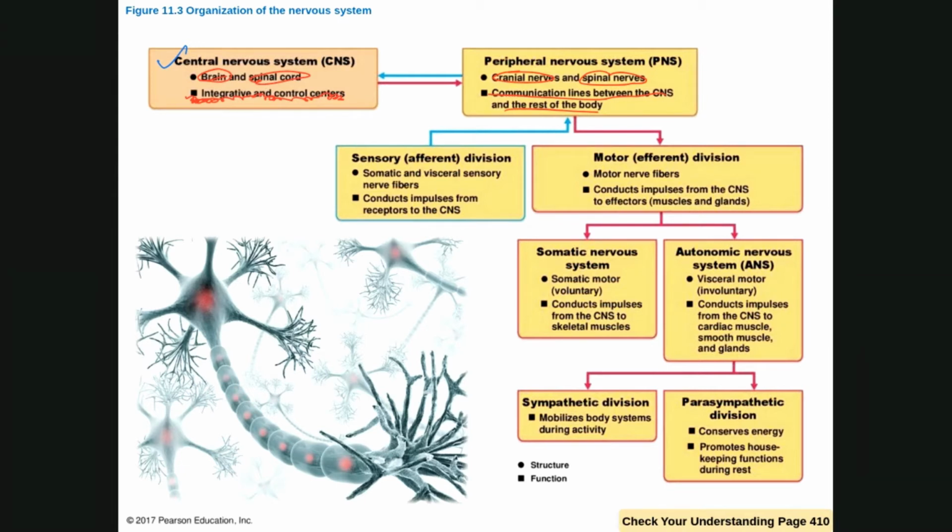Since the 12 pairs of cranial nerves originate inside the cranium, we call them cranial nerves. Whereas since 31 pairs of spinal nerves originate in the spinal cord, we call them spinal nerves. Okay, so in that you have the sensory as well as motor. Sensory means,